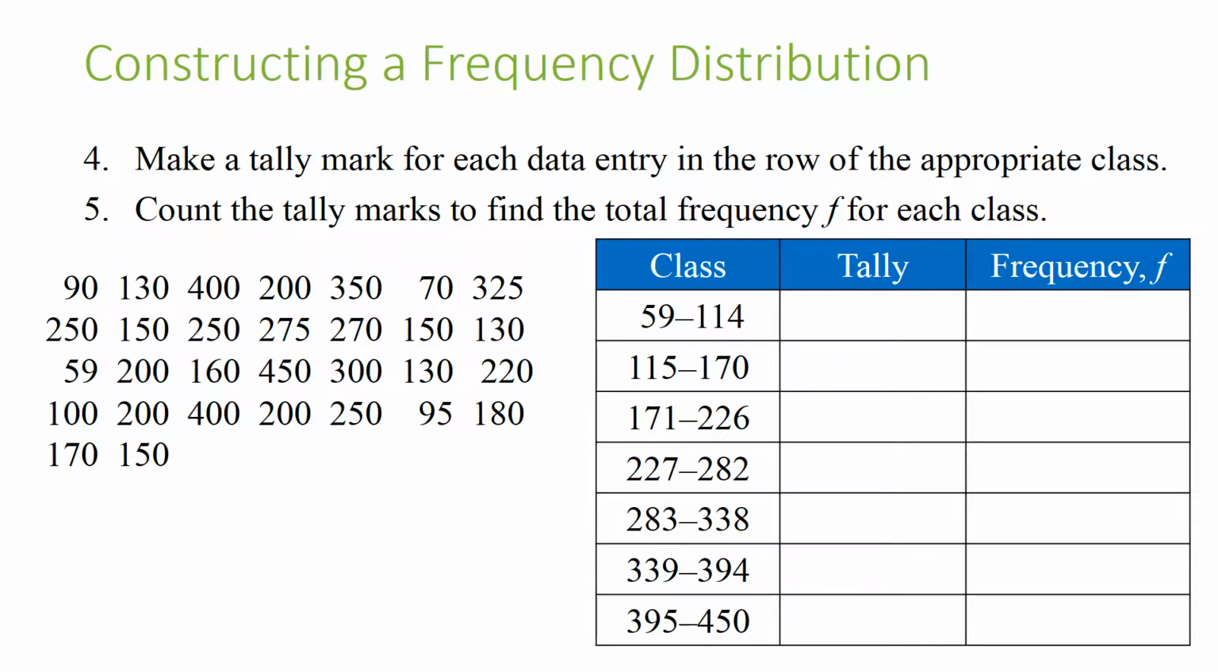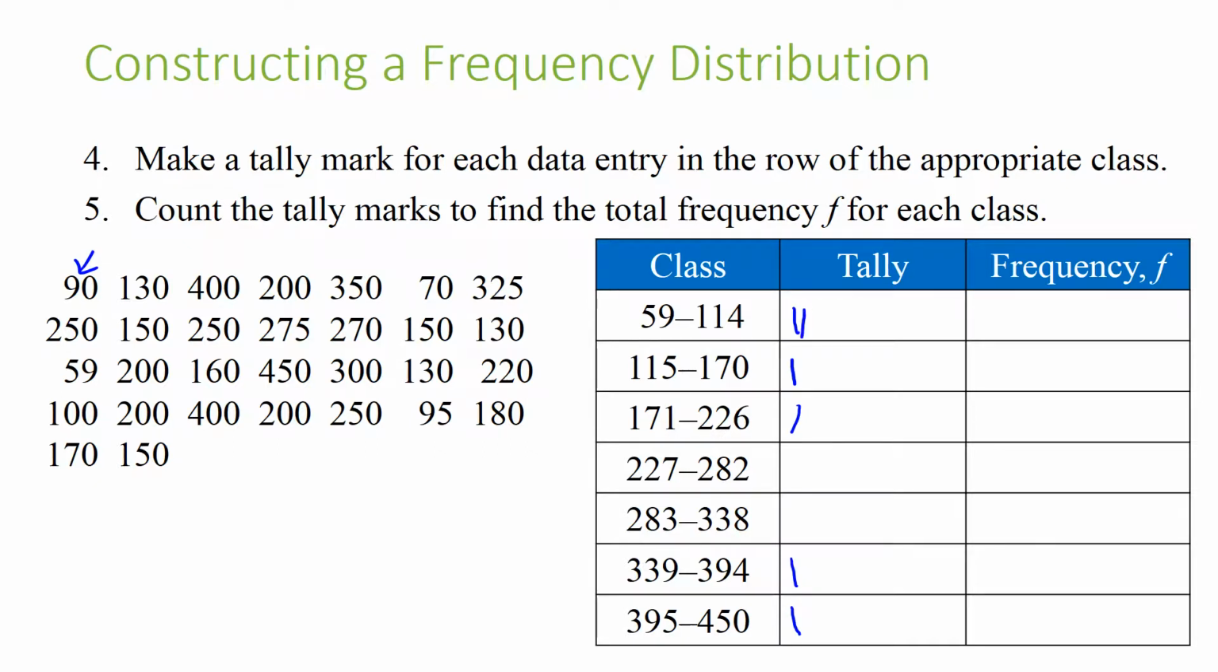So now that we've found the class limits, it's time for the tally marks. So I just go through my data one by one and figure out where they go. So first I have 90, and 90 is between 59 and 114, so I put a tally mark there. And then I have 130, which is in that range, 400, which is in this bottom range, 200,